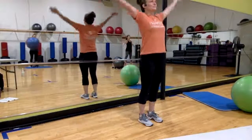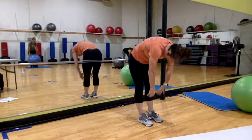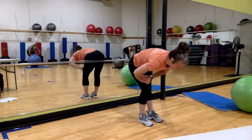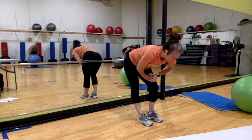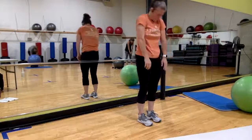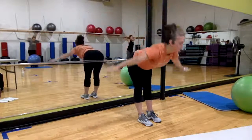Inhale up, forward fold, half lift, release, relax. Bend your right knee a little, bend your left knee a little, bend both knees a lot. Lift your hips up, pull yourself up, and inhale. Forward fold, half lift,